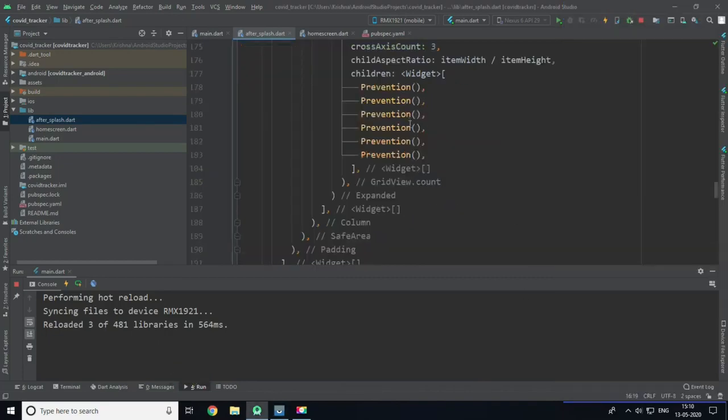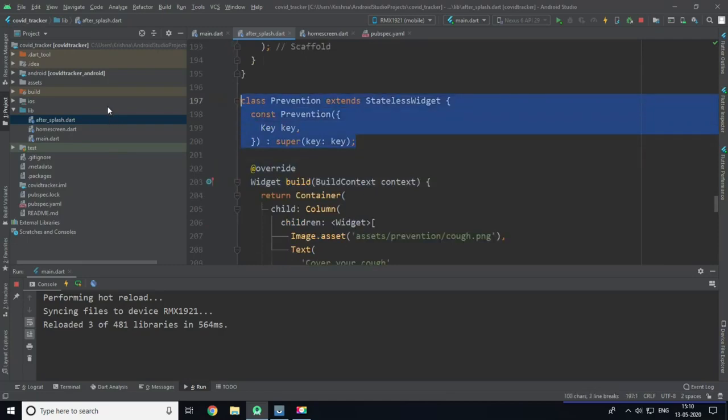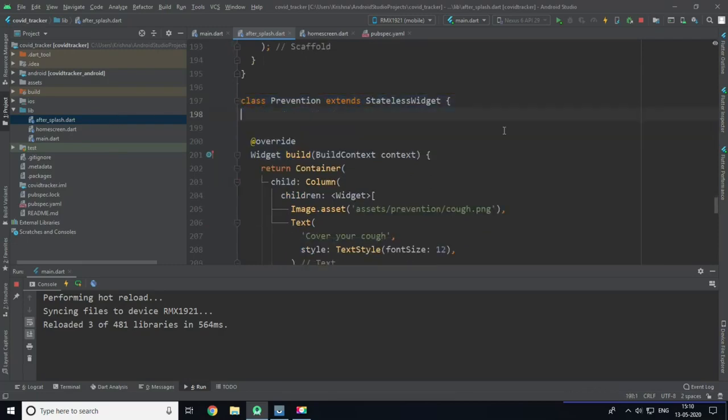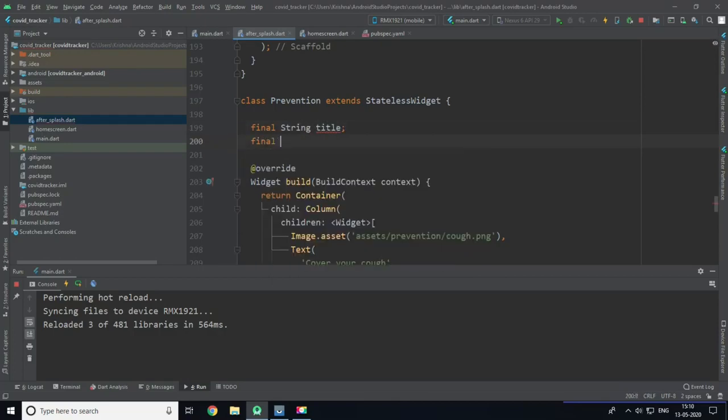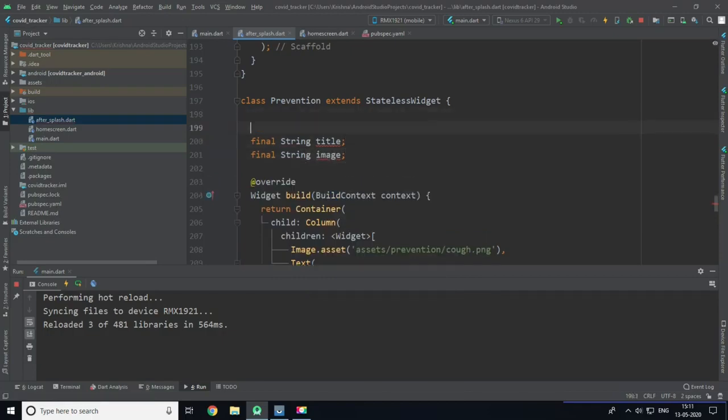Now I have to pass different images and different text to our prevention, so I will set a final string which is a title and a final string called image. Now I will pass this to the constructor, which is this.title and this.image.